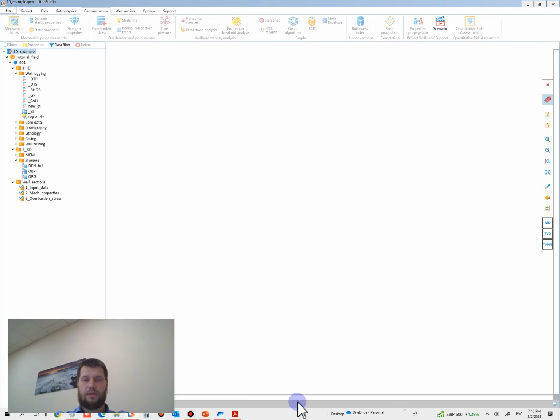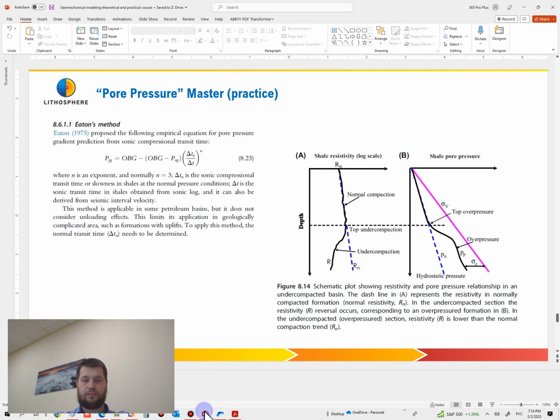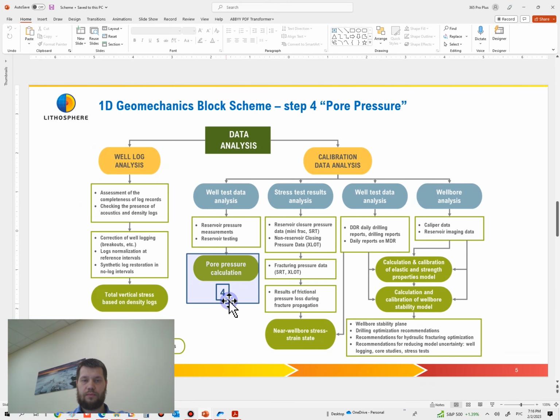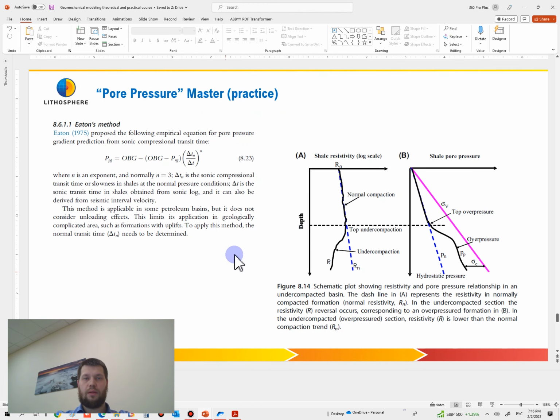Okay, now let's continue building the 1D geomechanical model. And now we will continue and go to step number 4, pore pressure calculation. The pore pressure calculation is based on Eaton's method that consists of